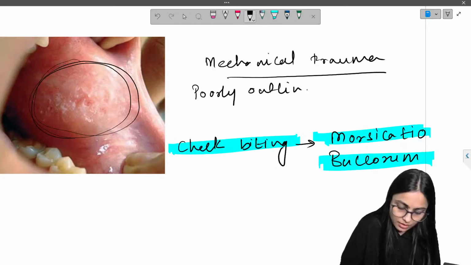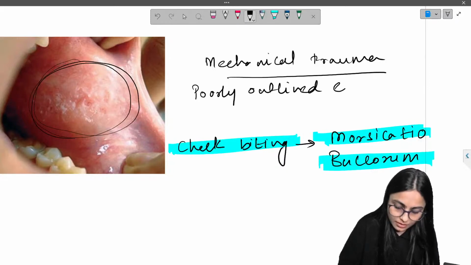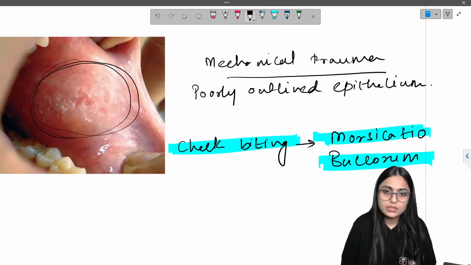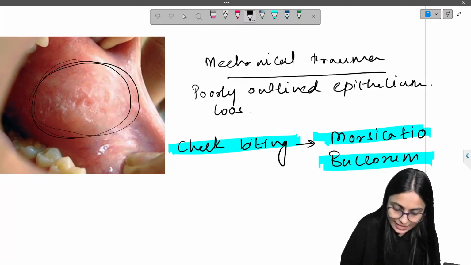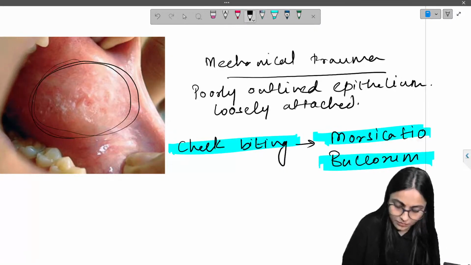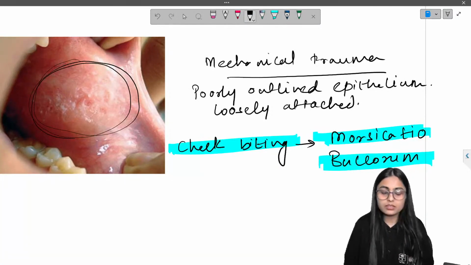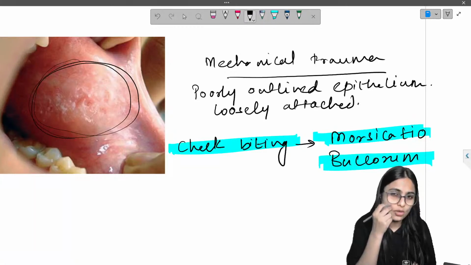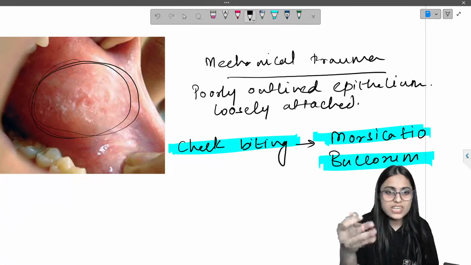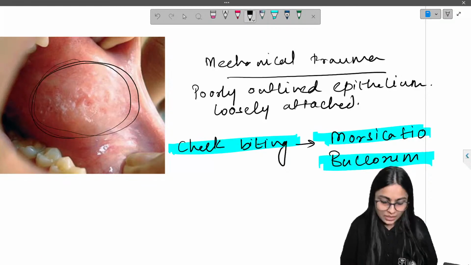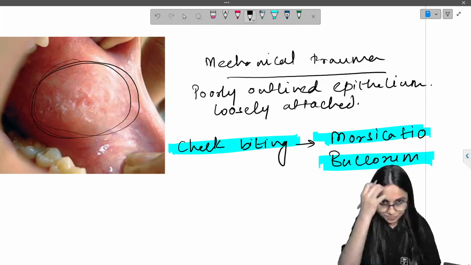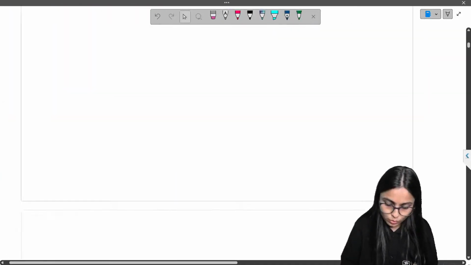Poorly outlined epithelium, which is loosely attached. So this is nothing but cheek biting, and due to continuous trauma to the mucosa, these changes occur. All right, moving on to the next condition, which is